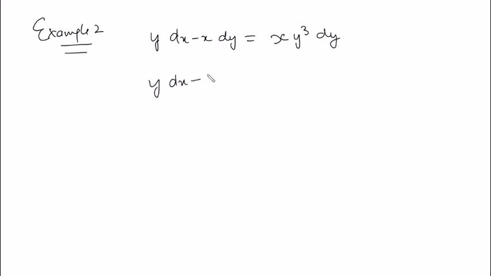Another example, y dx minus x dy is equal to xy cube dy. First of all, it's not given directly in the Mdx plus Ndy equals zero form. So let's bring this dy term to the other side as well. So it will become...